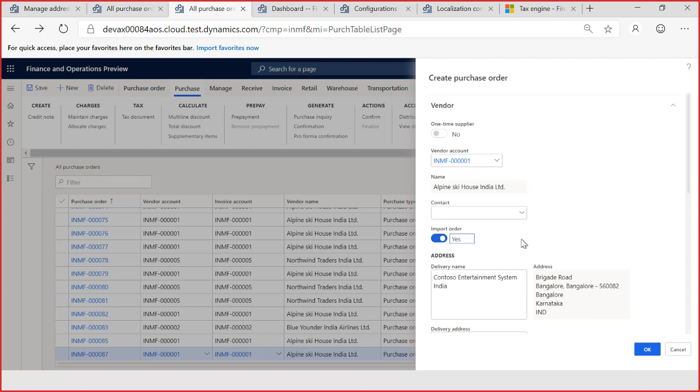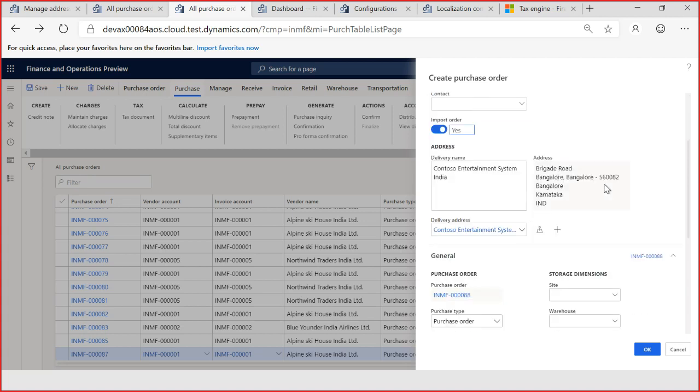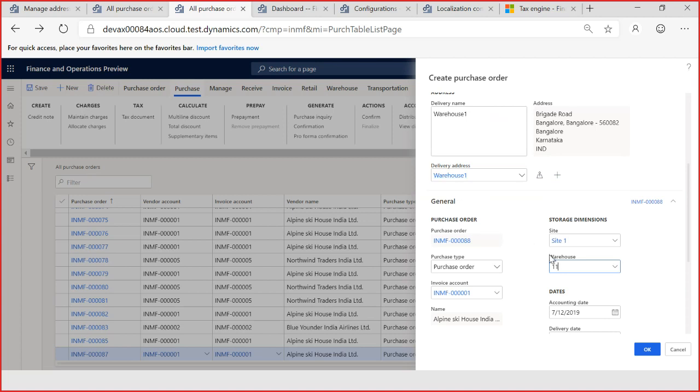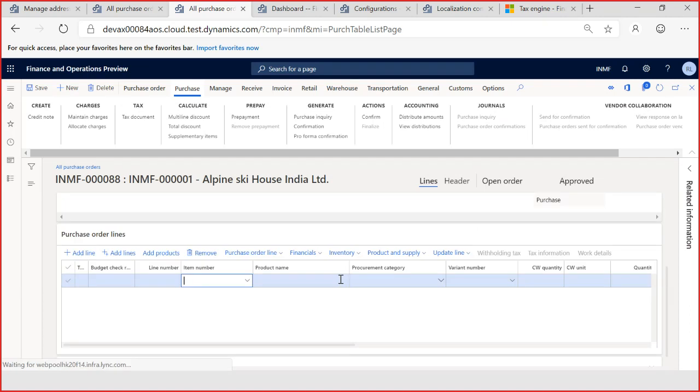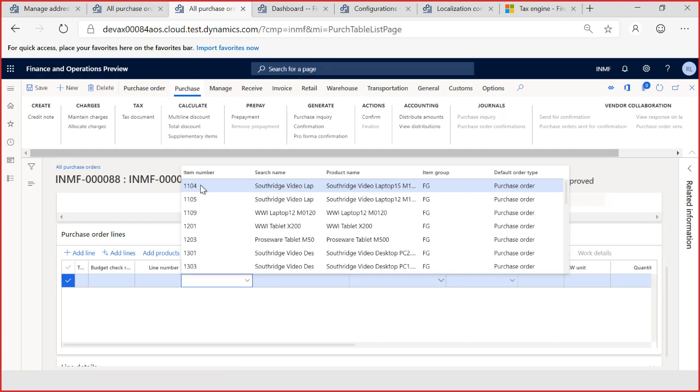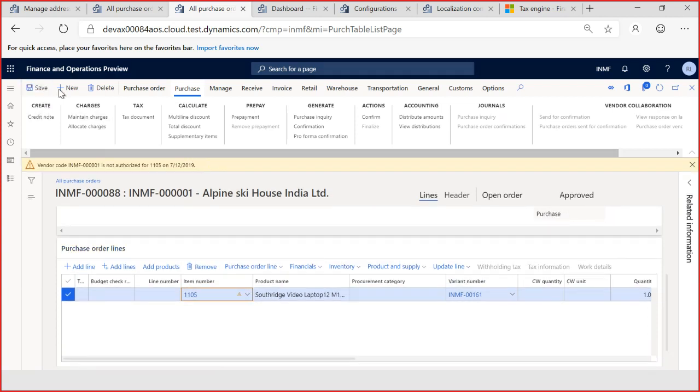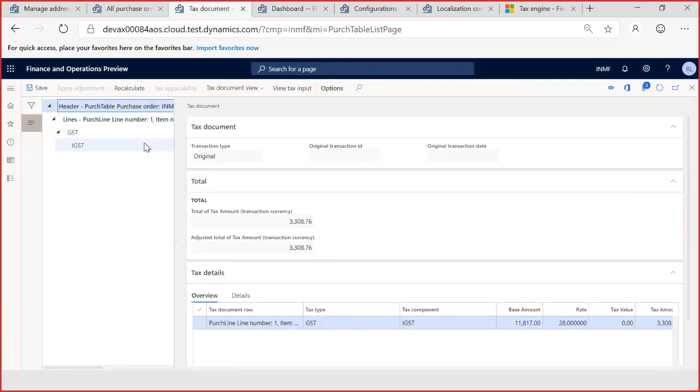I mark it as an import order, which is an Indian localization feature. Let me choose another one. Save. Then by clicking tax document,